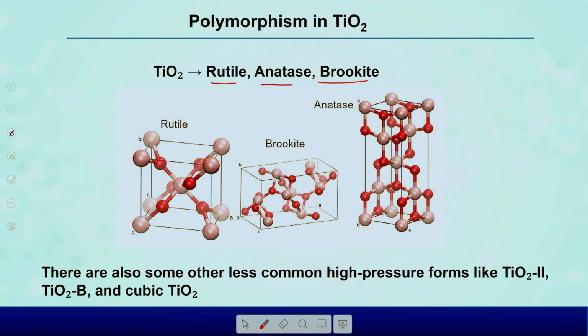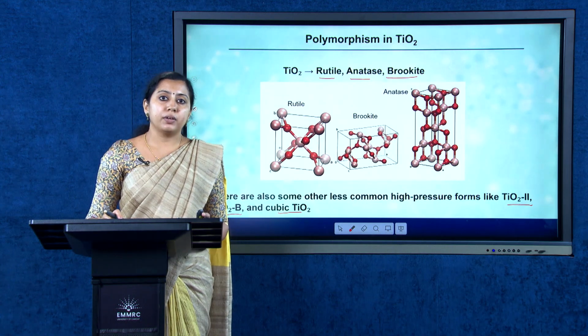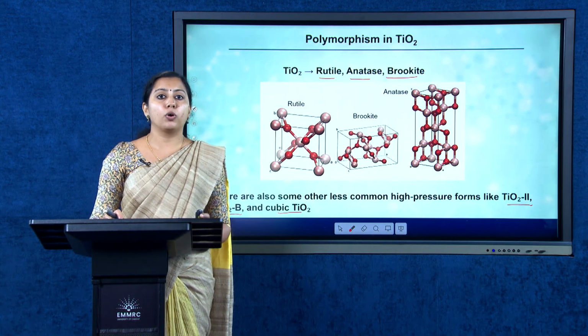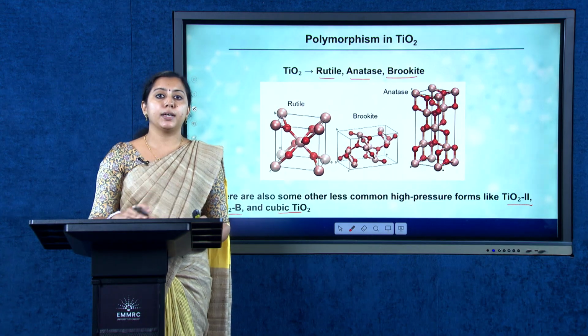There are also some other less common high pressure forms like TiO2-II, TiO2B and cubic TiO2. These are less common forms, but now we will concentrate more on the three important polymorphic forms, namely rutile,